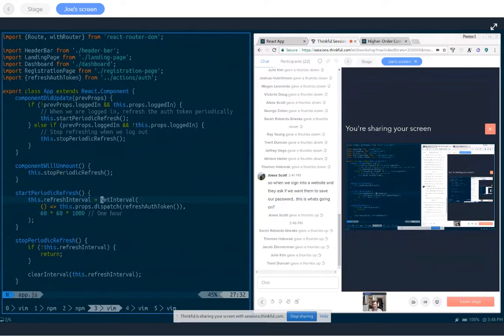And so here you can see that when we call start periodic refresh, it calls set interval, which starts this function running every however long. So what's the period? Well, it's 1,000 milliseconds in a second times 60 seconds in a minute times 60 minutes in an hour. So once an hour, this function is going to get run. What's the function? Well, it's really straightforward. We dispatch our refresh auth token action, and that takes care of refreshing our token for us. And that's really all there is to this